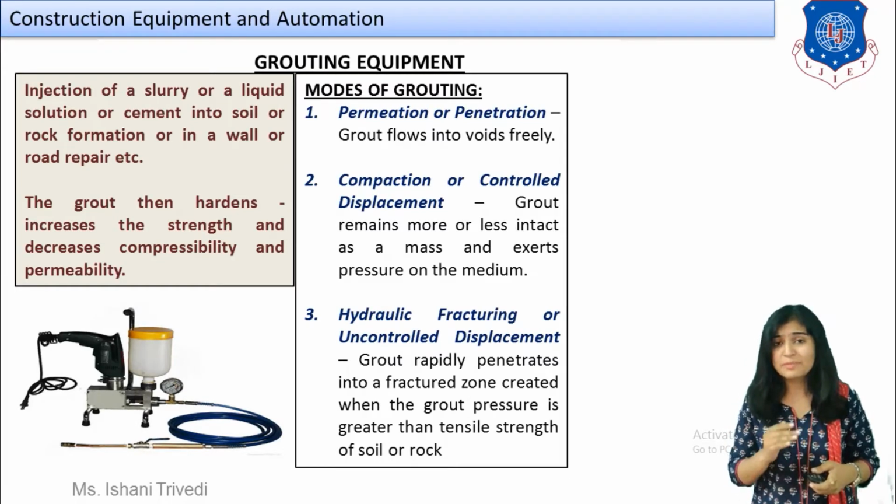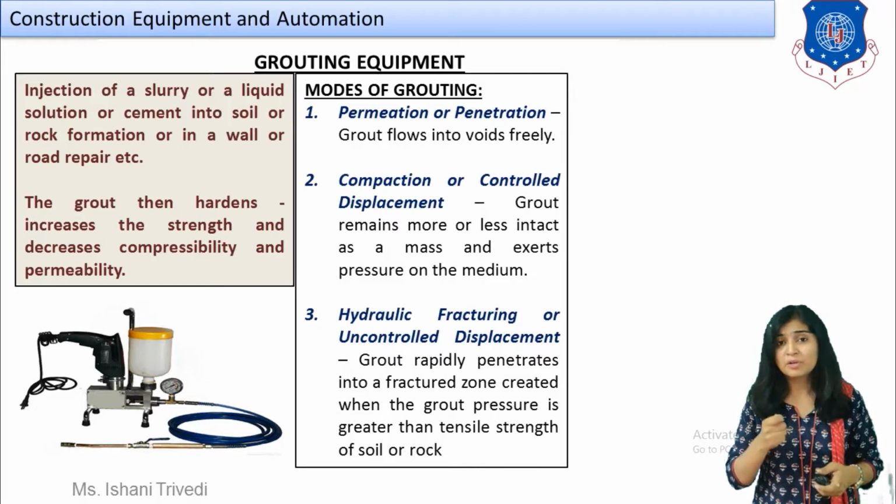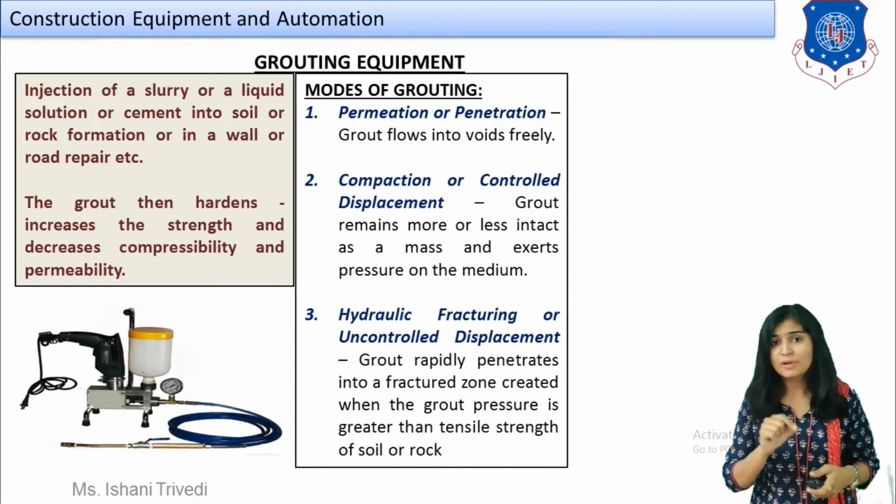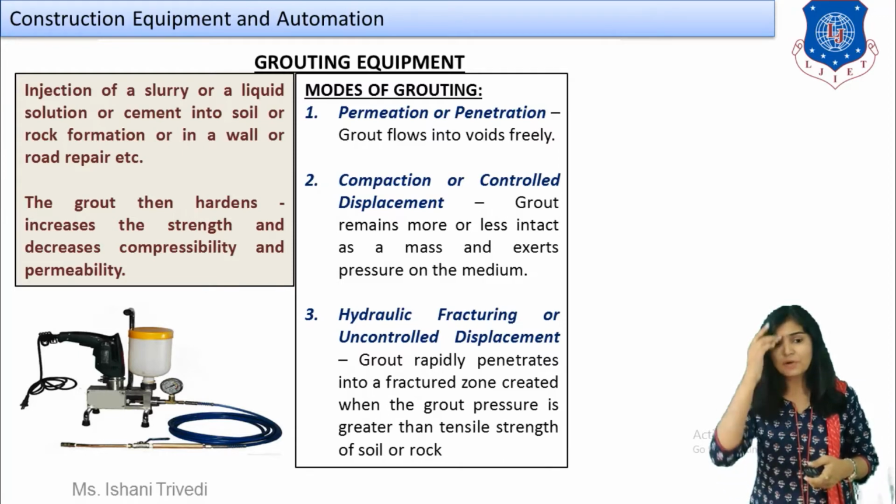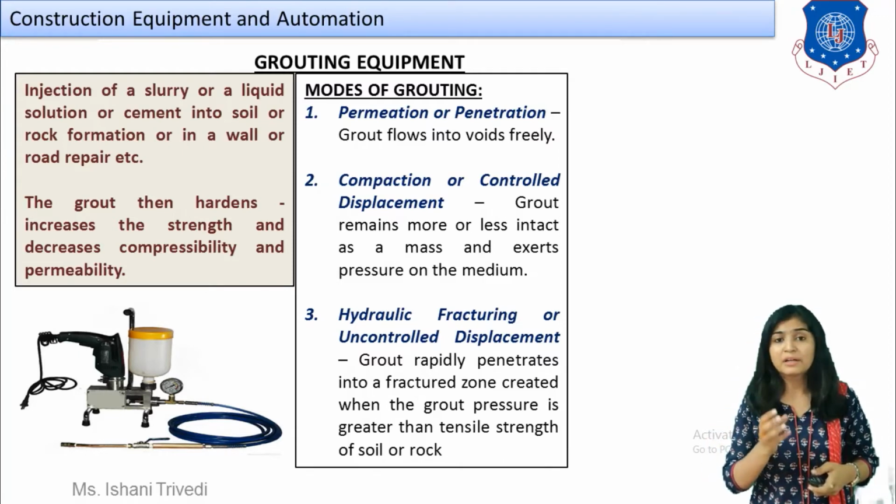Students, I am flashing an image right in front of you. You can see that a hopper is present where the material will be fed. Then we have an operating pipe, which will be drilled inside the wall, inside the soil, and the filling of grout will be done. Then we have an engine-like small equipment, or the part by which pressure will be exerted. With the help of vacuum pressure you are going to force it inside, you are going to inject it inside, right? So now we are going to first talk about the modes of grouting.